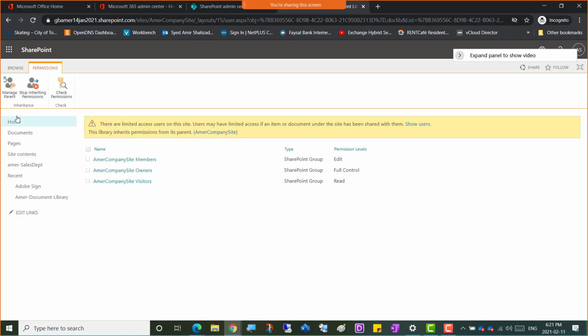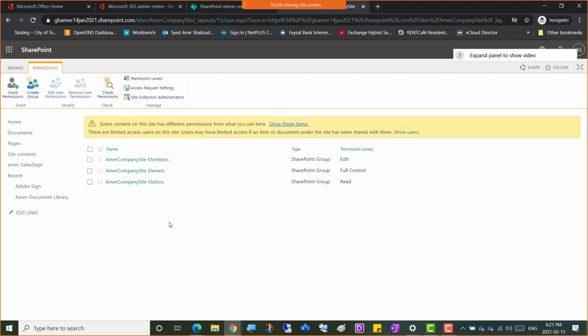and it says here that whatever permissions are here are actually set up on the parent side, although you can stop and edit and then start giving whatever type of permissions you want to give to whoever, or you can go to the manage parent and check whether you can change it from up there at the parent level. So I'm going to click that manage parent, and that's where we were now. That's the screenshot here that was needed, and